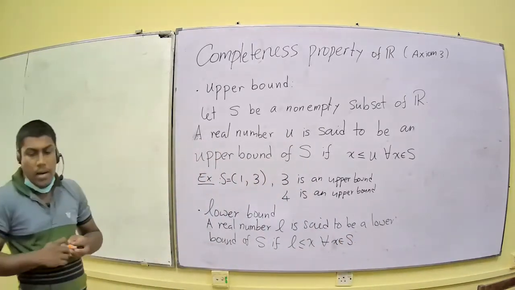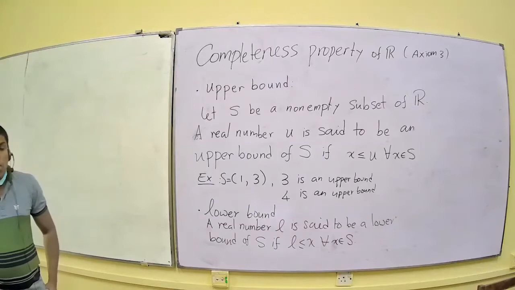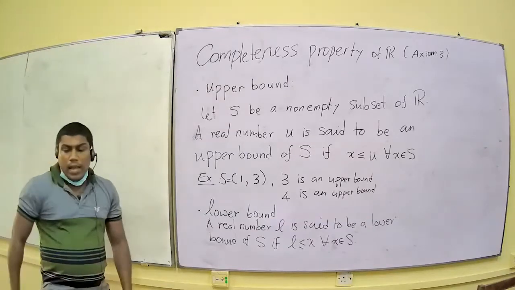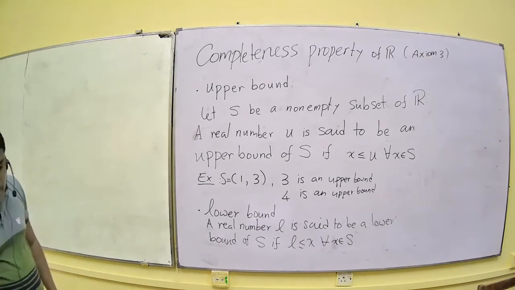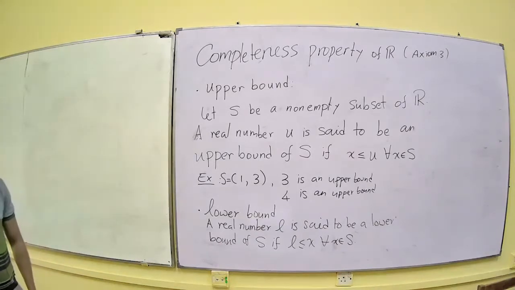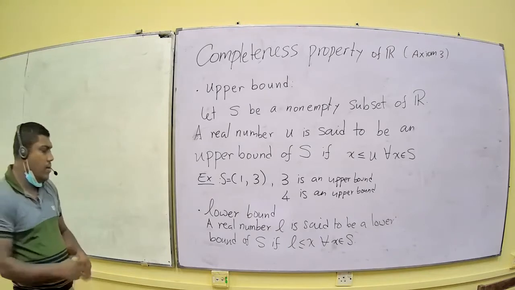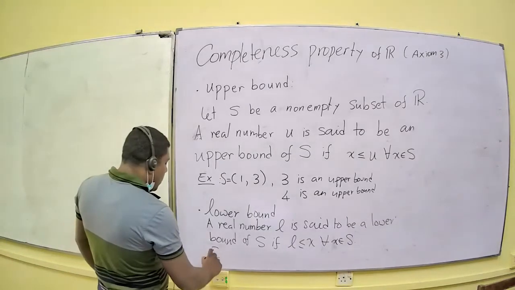A number L is said to be a lower bound of S if L is smaller than or equal to all the elements in the set. L is smaller than all the elements in the set. So in the same example,